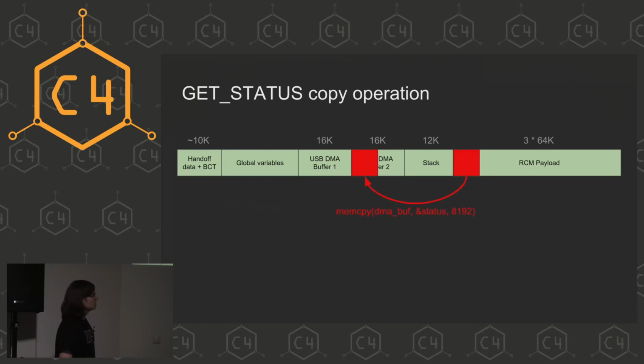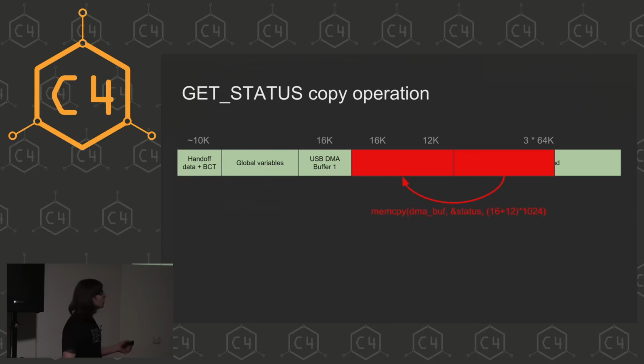So we always copy stuff from here to here. What would happen if we copy 16 kilobytes plus 12 kilobytes from here to here? Like this. We overwrite the stack. And the interesting thing is on the stack